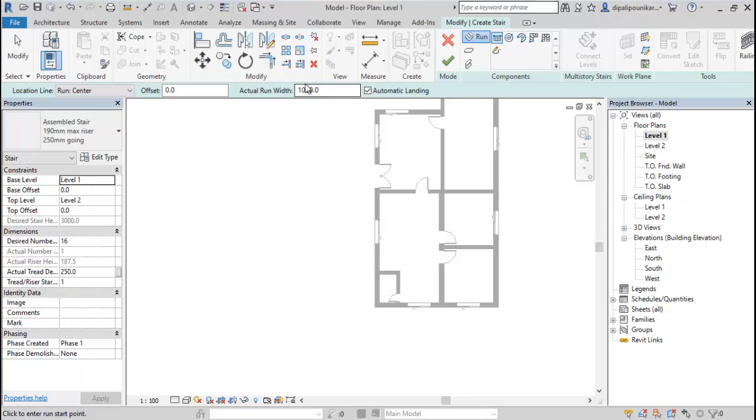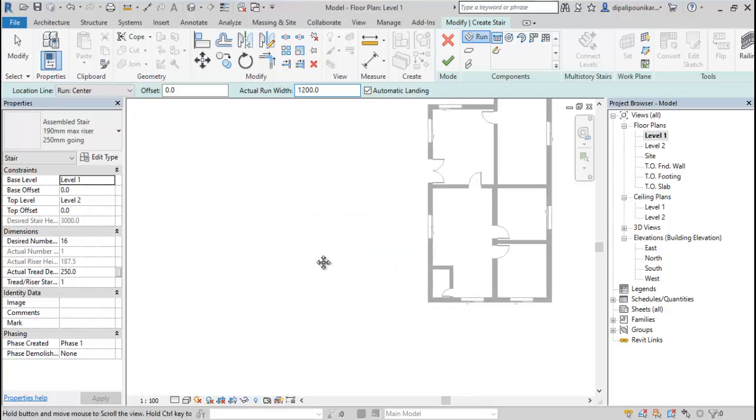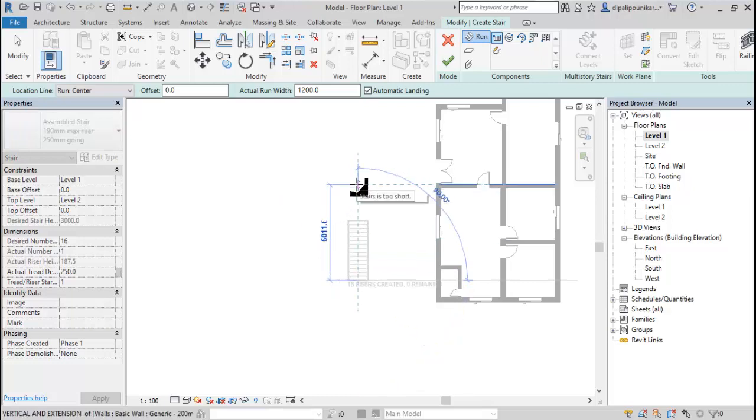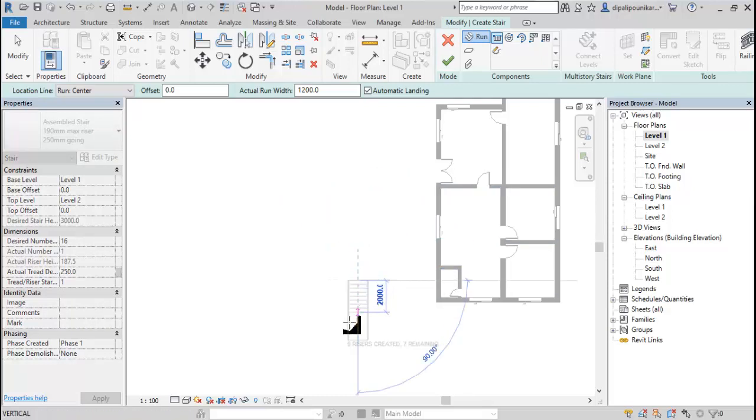It is a residential and commercial, multi-story building, so we want to provide 1200. Let's consider 1.2 meter as the run width of the staircase. After that, just click anywhere. I'm going to click over here, and first I'm going to travel from this direction to this direction.